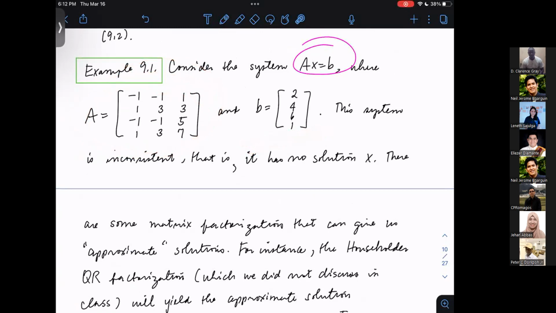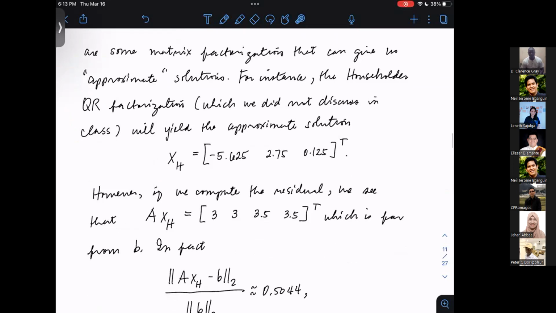That means theoretically we know that no vector x1, x2, x3 multiplied to this coefficient matrix A will give me 2, 4, 6, 1. So we go to the next best thing that we can get to a solution, right? Now, this is a rectangular system, so we won't even attempt to solve this using Gaussian elimination or matrix inversion. But when we perform the Householder QR factorization that we learned last time, what we got is this solution,